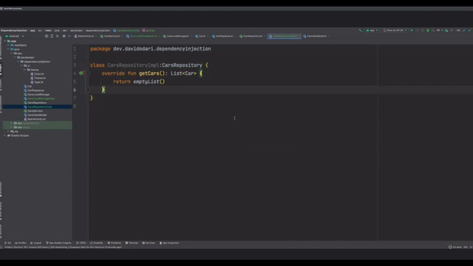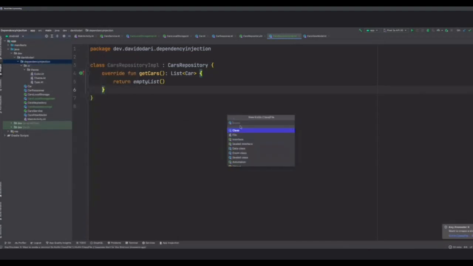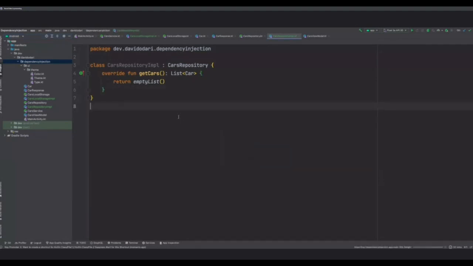Cool. And then again I have to do this. So you can imagine if this was a large project, how this would be a bit boring to do. But like a car service, I can just leave it like that. So we have this and this implementation.